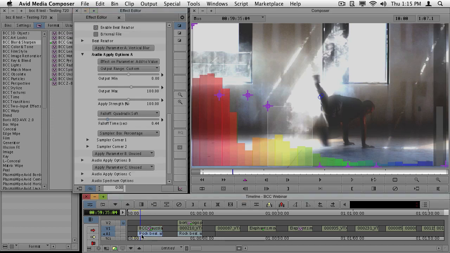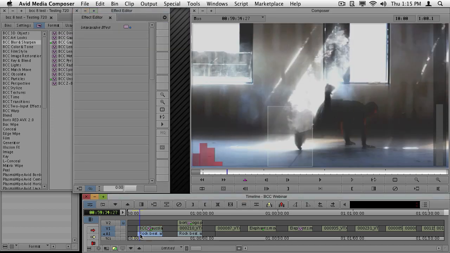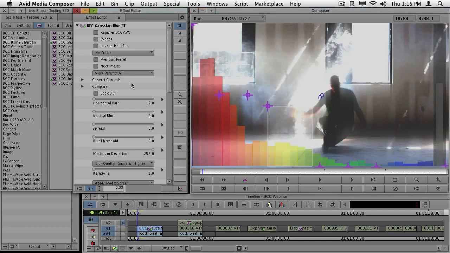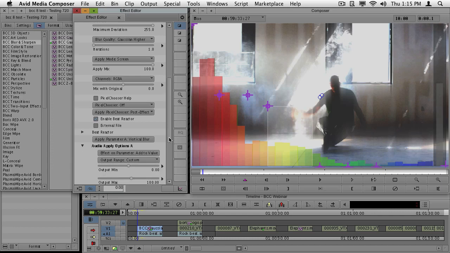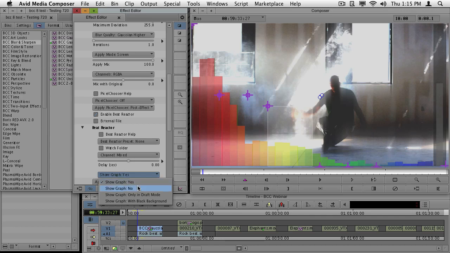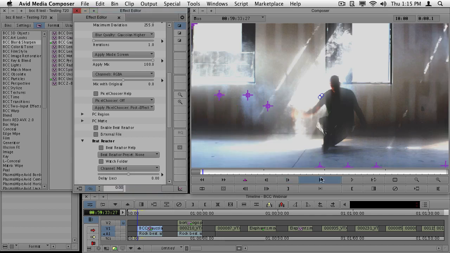And so now when I play this back, whether I'm in effect mode or not, we'll stay in effect mode for this. When I go ahead and play back this Beat Reactor, let's turn off the histogram. Where's my histogram there? That'd be Beat Reactor. Let's open this up. I'd like you to stop showing the graph. When I hit play,